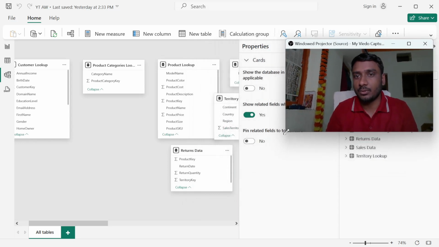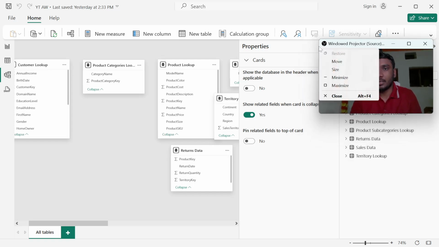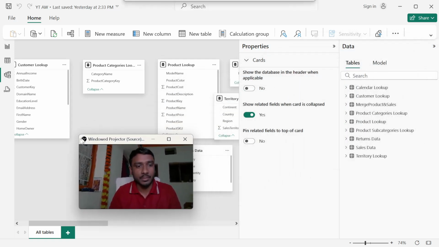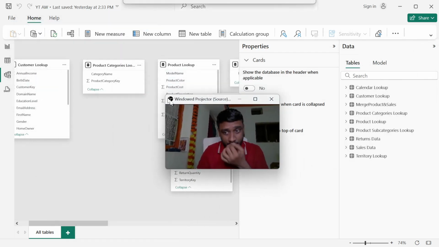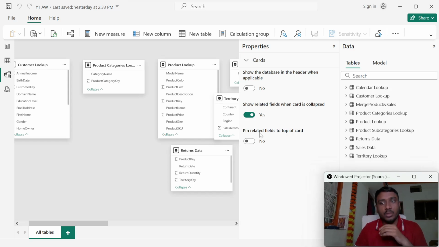here go minimize a bit, and I need this right section today, so I'll keep it somewhere, maybe here. Okay,